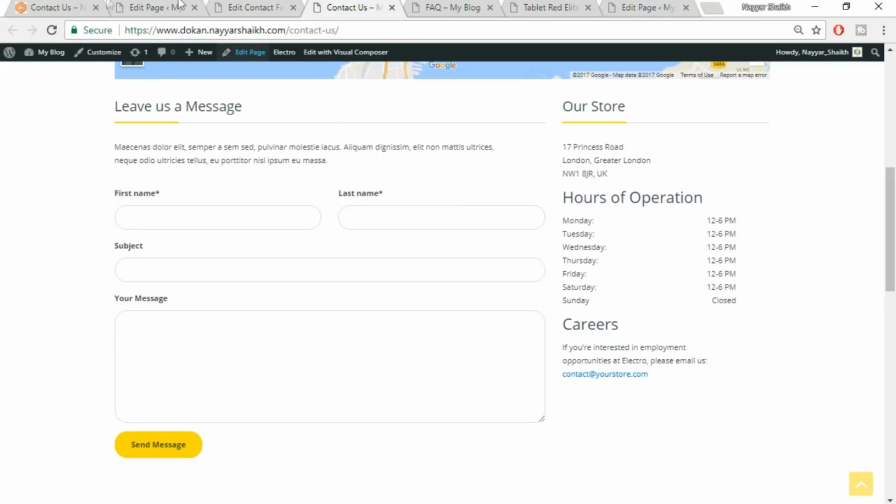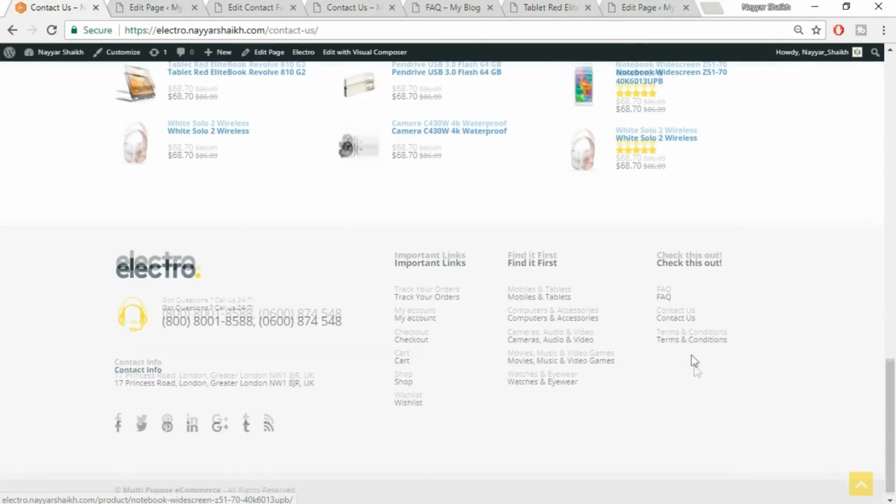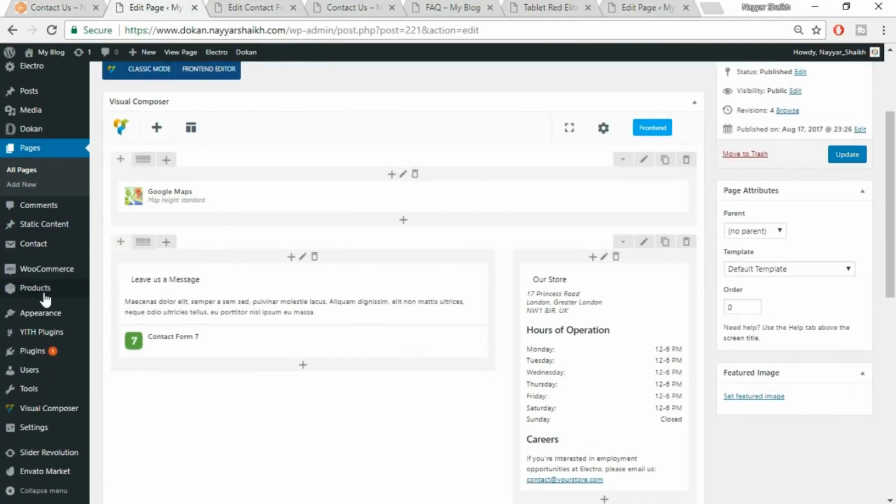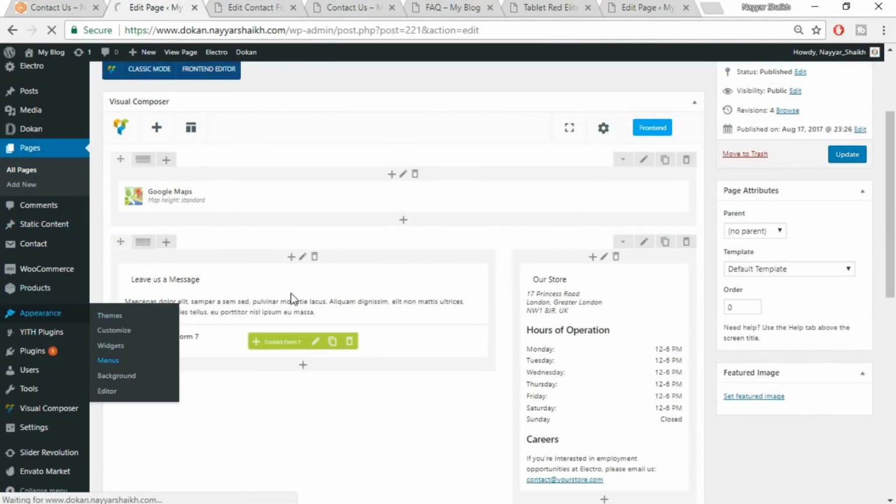Now let's add this menu over here. For example, if you see in this thing, we have to create a menu for this. First we have to create this menu. Okay, so let's add a menu. Come back to your dashboard, hover appearances, select menus,